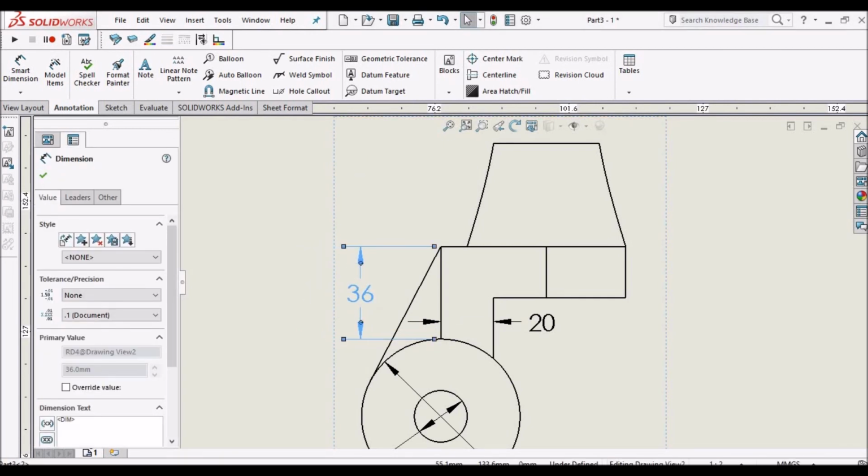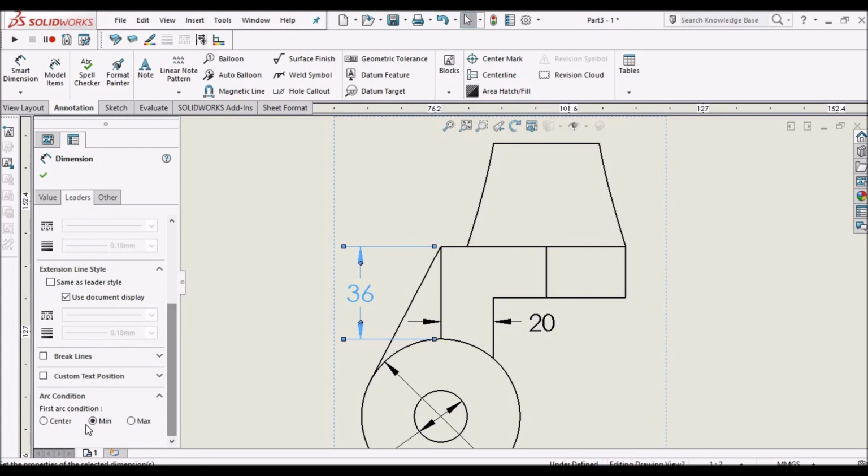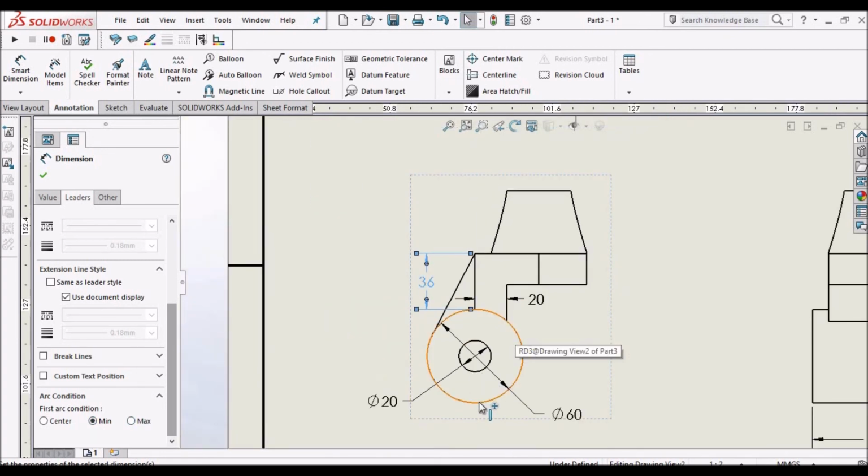See, whenever we create a dimension to the tangent, we have to see which one, from the center or minimum or maximum. Here is minimum, so maximum would be from this distance to this edge, or center to this, or minimum will be this edge to this edge.